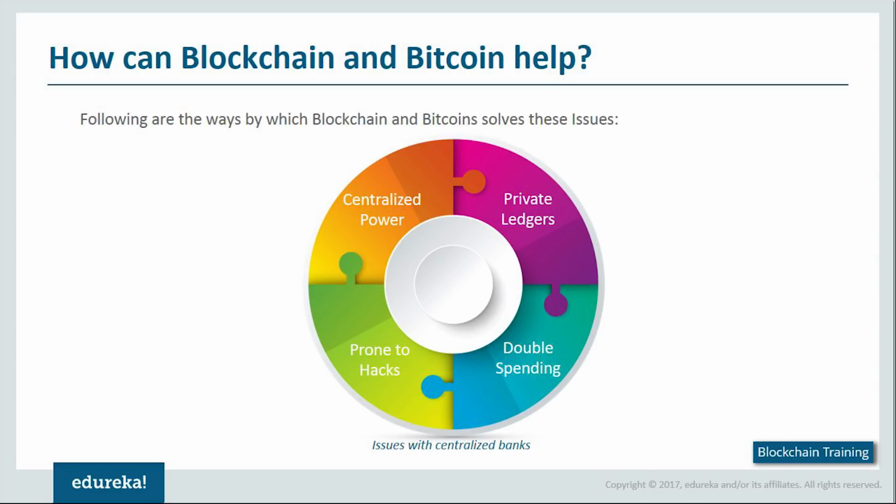Now, centralized power basically means that one central authority governs the complete monetary system. Now, this could be a federal system or it could be a global system as well. One single authority controls all the power with respect to a certain monetary solution that is part of the existing system. Now, with respect to the private ledgers, as we have talked, every transaction that you make is only visible to you. The other transactions of those involved with that organization are not completely visible to you, and it's not completely transparent. Now let's say you are paying $50,000 to a bank. You're not completely aware who exactly gets this money and what exactly they're doing with respect to the same.